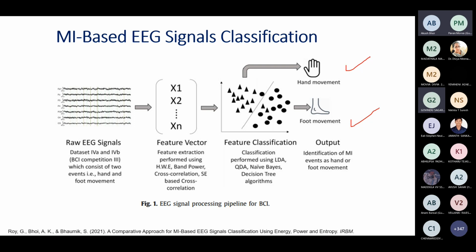We have basically set up an environment where we have given training, and after the training, we have extracted the signal, and we are able to get a classification with this, that you can easily classify hand and foot movement. And this with the BCI dataset also, the already existing BCI competition dataset. With that also we have tried, we have extracted